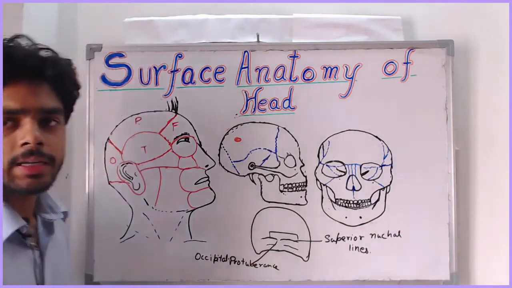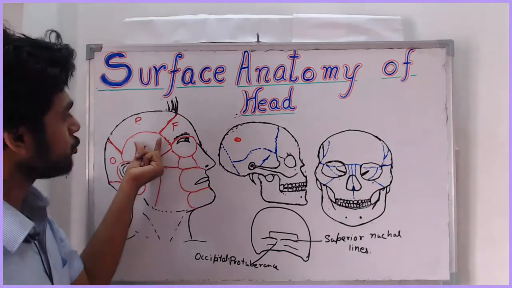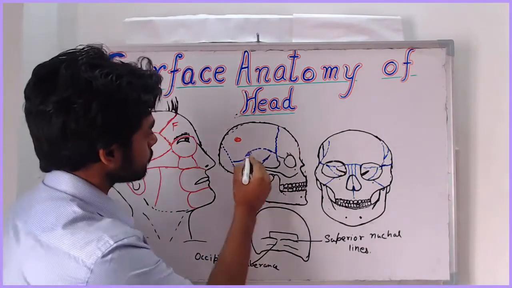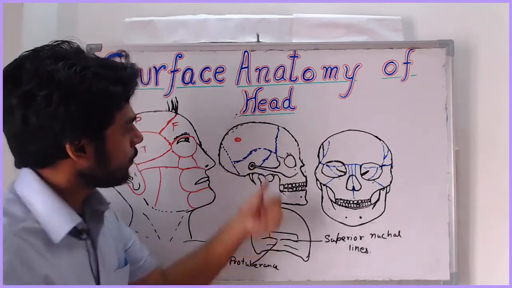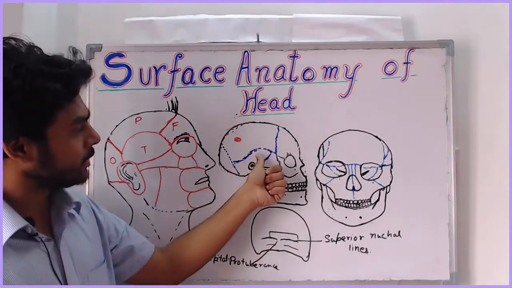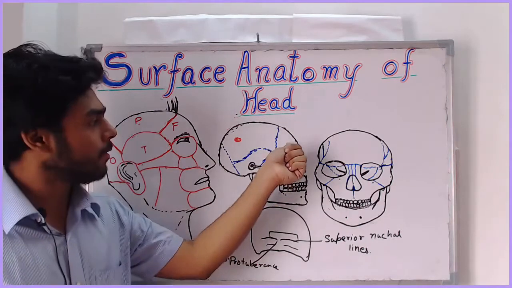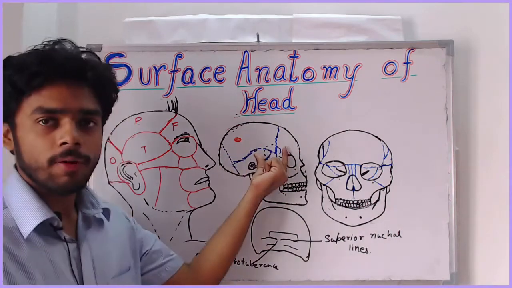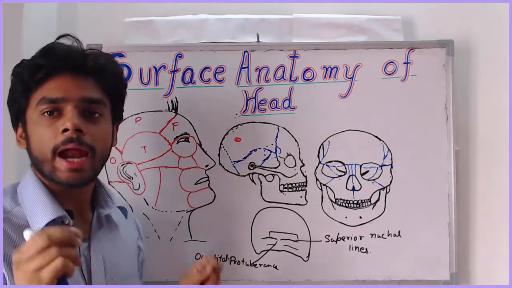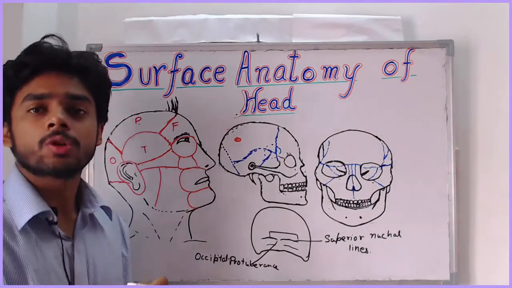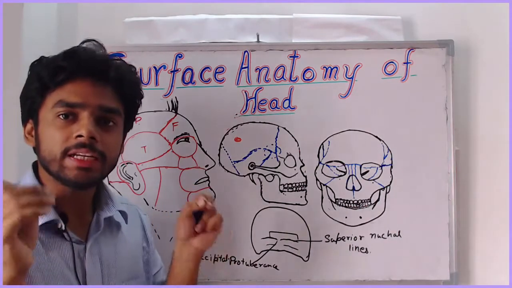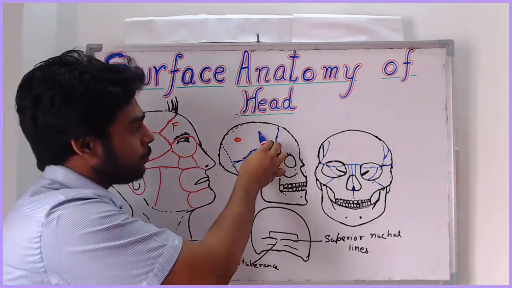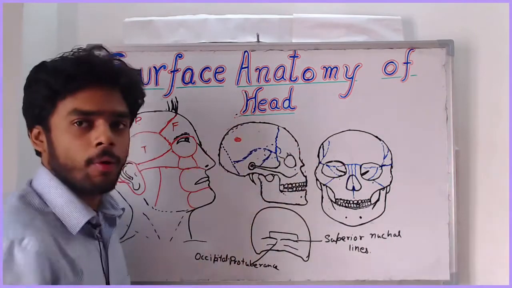In this region, inside the scalp, 4 bones actually meet. You can see in this diagram: first is the parietal bone, then the temporal bone, sphenoid and the frontal bone. 4 bones meet. This is the region of temporalis where 4 bones meet, and that is called the pterion. The 4 bones which meet in the temporal region at the pterion are the temporal bone, parietal bone, frontal bone and sphenoid bone.